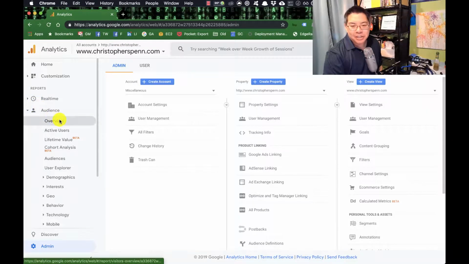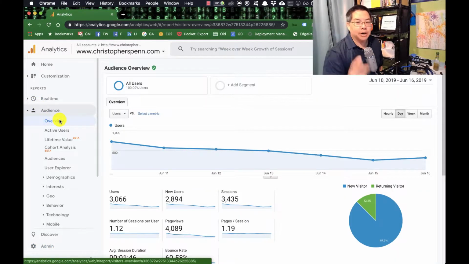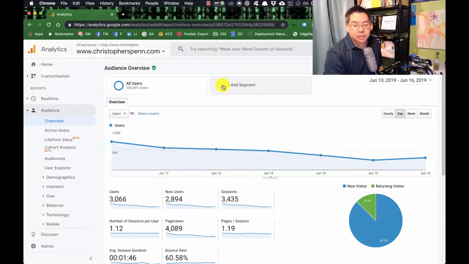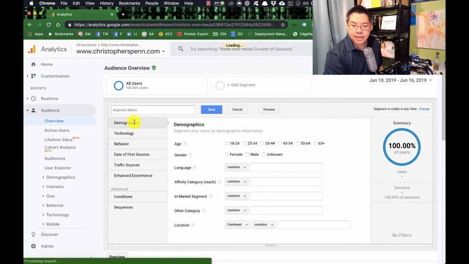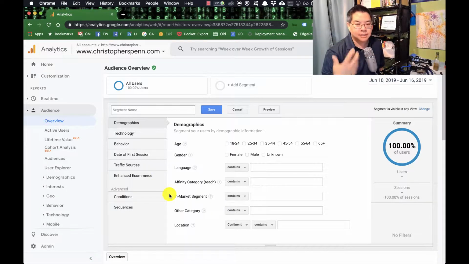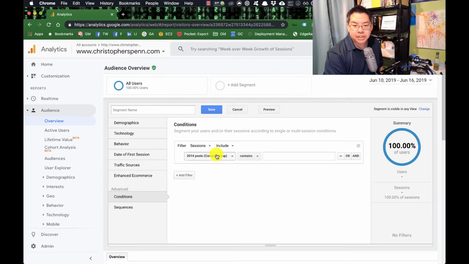All right, so let's go into the audience first, and you can do this at any point in the application. Anywhere there's this segment box, you can create a segment. You can also do it in the admin section itself. I'm going to add a segment here, create a new segment, and this is where we start to build the segment that we want. And in this case, we want to make it a very simple condition. So the condition is we want to filter on,